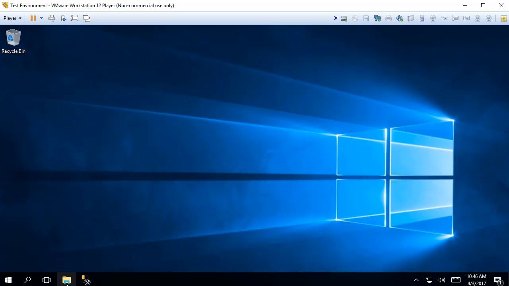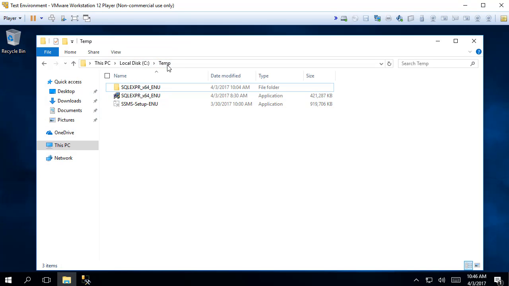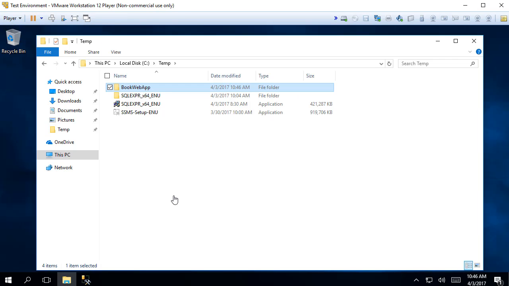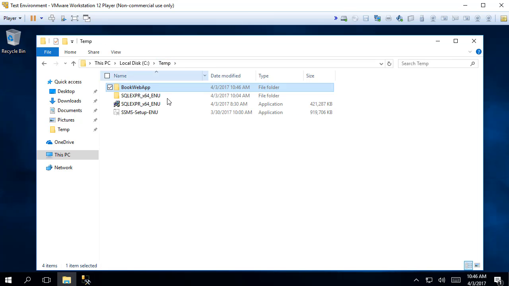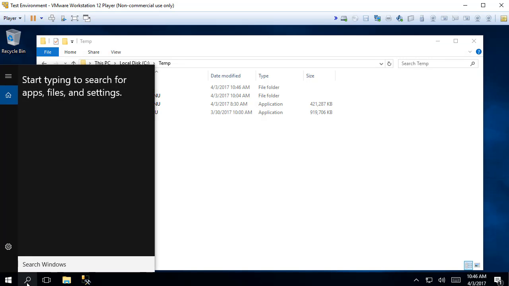So I just have a similar temp folder here, which I just copy my files into. So here I have all the files I need in this example. And then since I want to deploy this to the web server, this Internet Information Services, IIS, I need to first activate this web server on my computer because it's not installed or activated by default. So then I just go to search inside the virtual machine